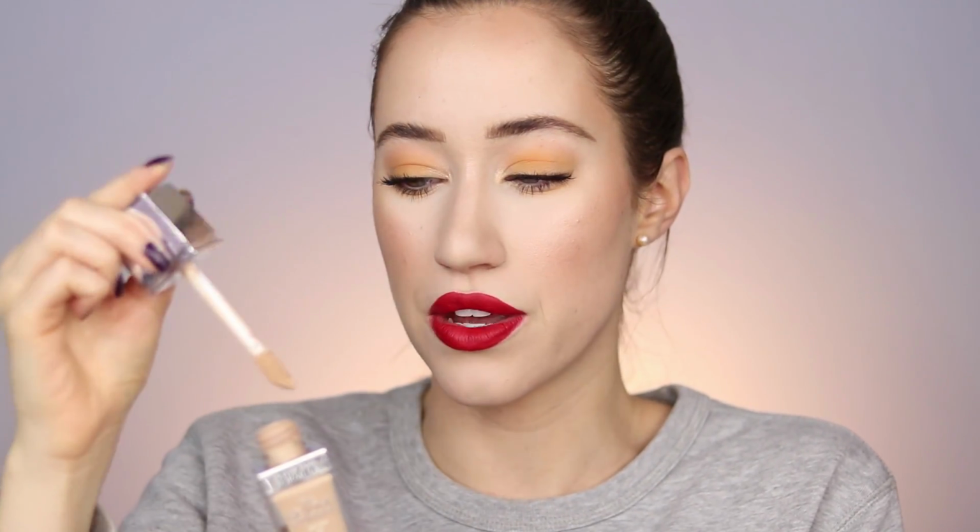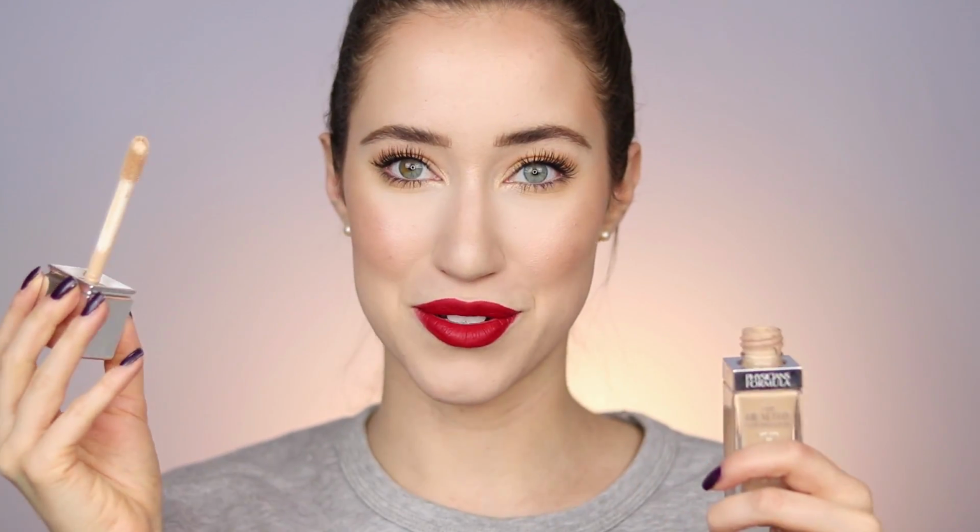The packaging on this is glass. You unscrew the top and you do have a doe foot applicator, which isn't my personal favorite way to apply foundation. I was kind of thinking about why people have these massive doe foot applicators, but then I realized that it actually is kind of helpful if you want a mess-free foundation application,